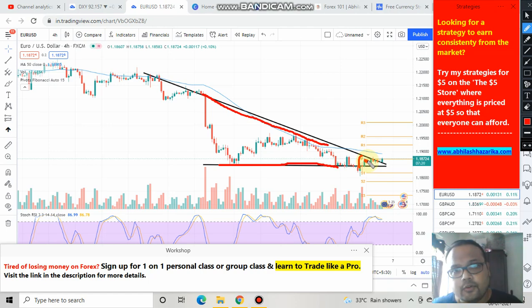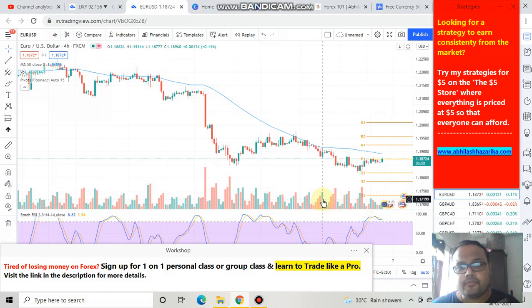And right now, if you look at the chart, then you can clearly see that Euro USD is trading above this line. Okay. So in simple words, Euro USD is trading above the resistance right now. So does it mean that we should buy? No, we should not buy, because if you